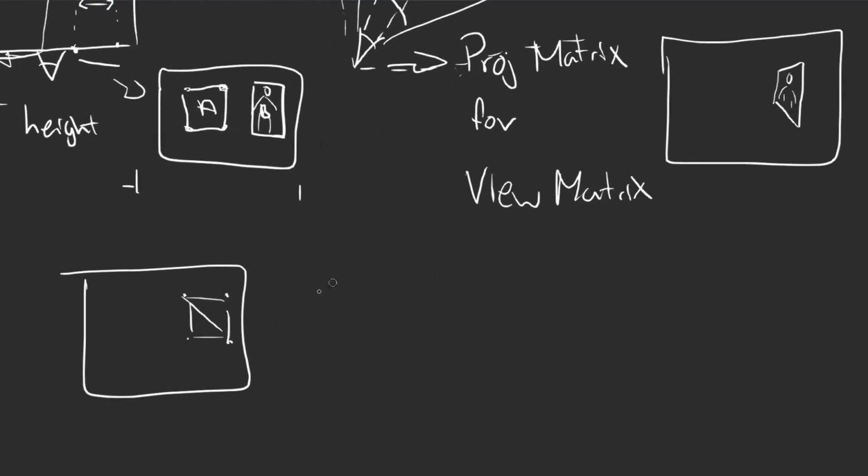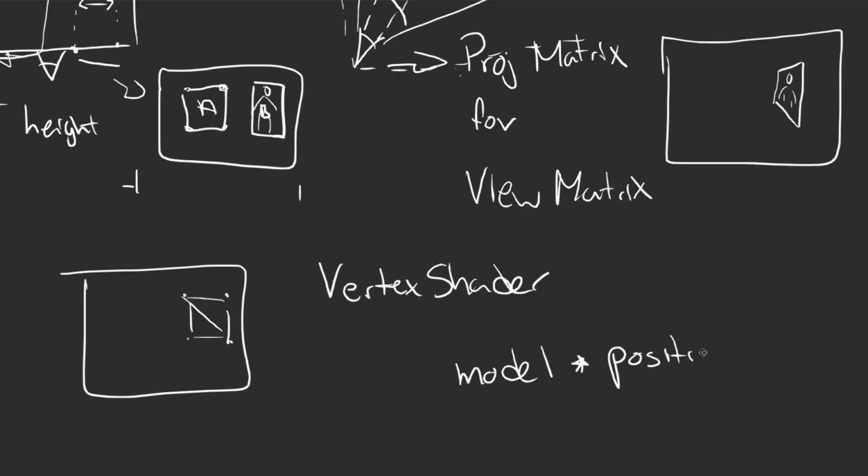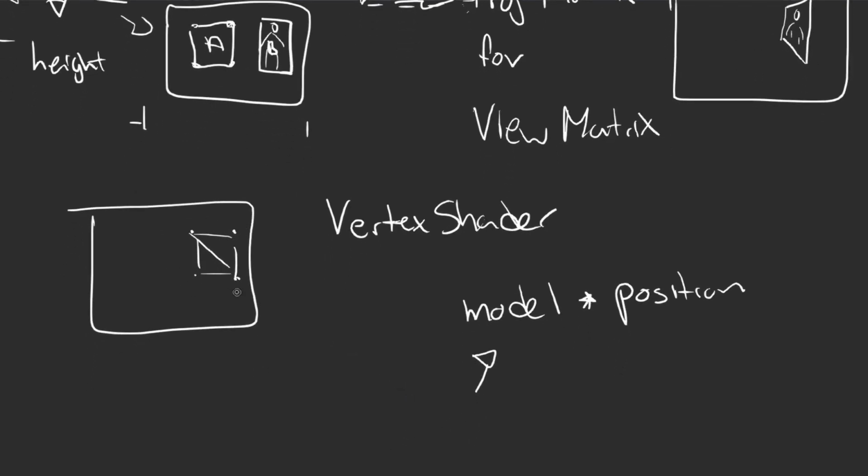And as you can imagine, the way we're going to pull this off in code is that in the vertex shader, where we currently have model matrix times the position, this model matrix is the position of the sprite itself. So if the sprite is at +3, we multiply it by a matrix that gives me +3. This is because if the sprite moves to the right, it should look like it's moving to the right